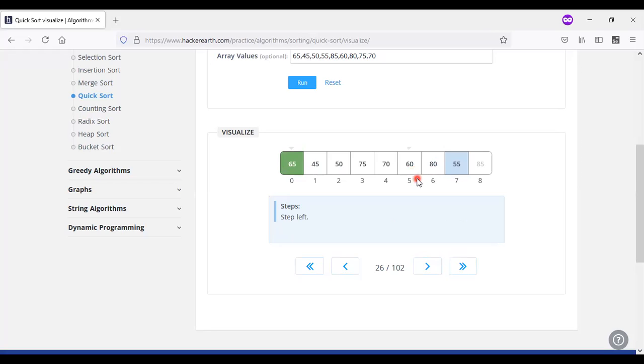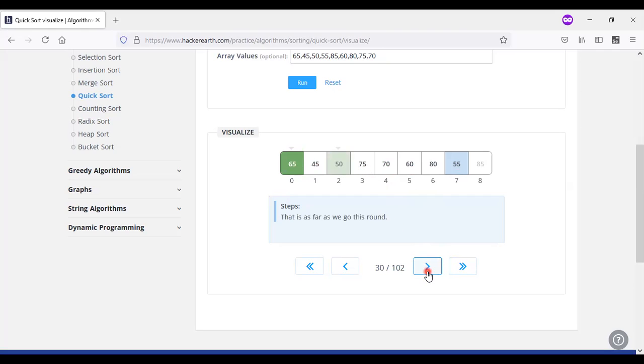Okay, the 60 is the next value, the previous value to the 80. Compare this value with the 65. So here we need to see whether it is greater than or less than. In this processing, we are having the values here. Whether it is greater than or less than the 65, what happens here? It is greater than the pivot element. So we need not swap with this left side. It should be at the right side only. Okay. And 70 greater than, 75 greater than.